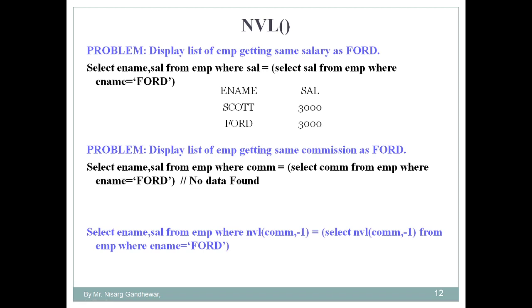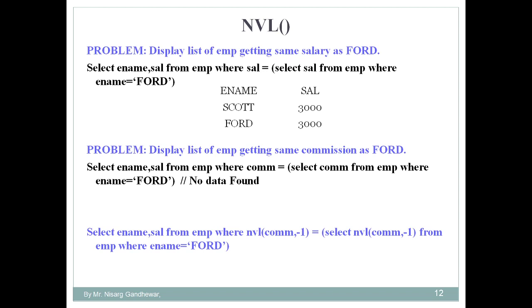Now what's wrong over here? The same kind of query worked in the previous problem, so why is it not working here? The answer is very simple. In the employee table, the commission for a few employees is null. And one more thing you should know: suppose your inner query returns a null value as output, then the outer query also gives no output. This is a thing that you should know.